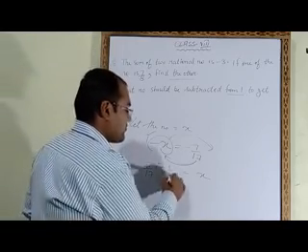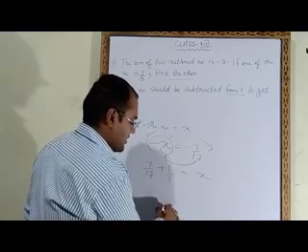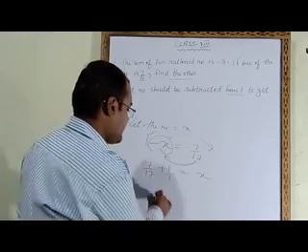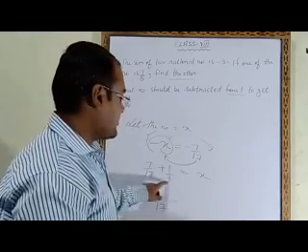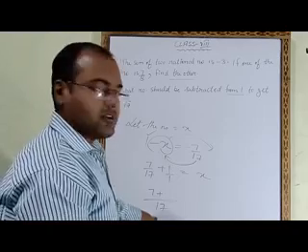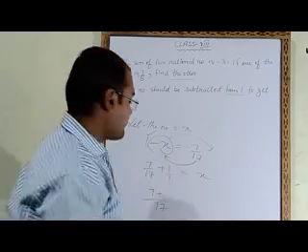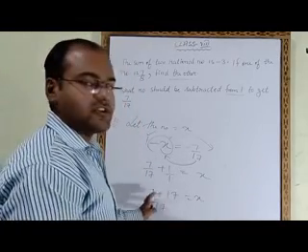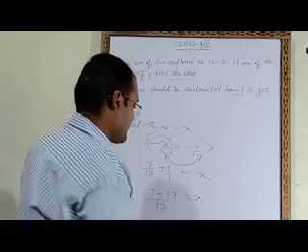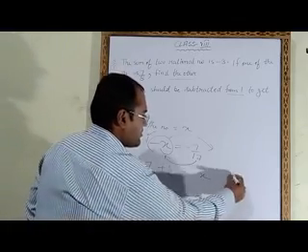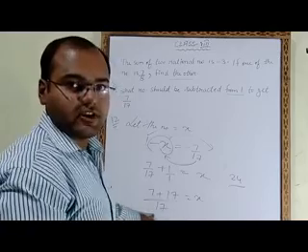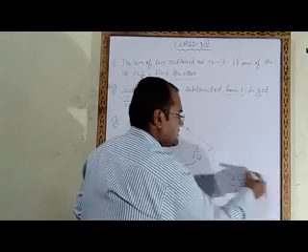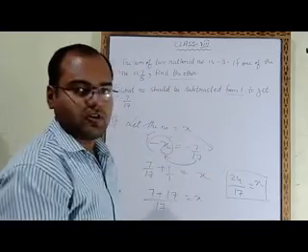Now what we have to do? We have to find the LCM. LCM of 17 and 1 will be 17. 17 into 1 is 17, and 1 into 7 will be 7. Plus 1 into 17 is 17. Now we have to add these two numbers. 17 plus 7 will be 24. Upon, in the denominator, 17. So 24 upon 17 is equal to x. That means the answer of x is 24 upon 17.